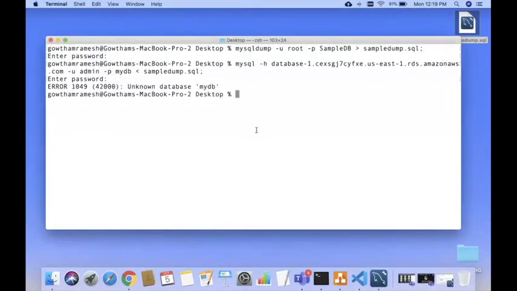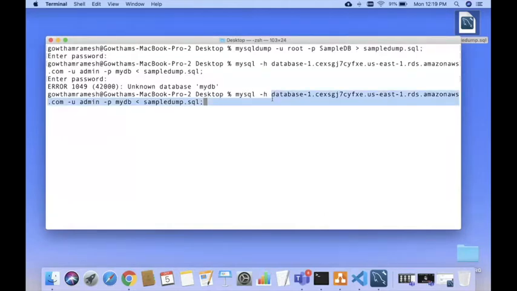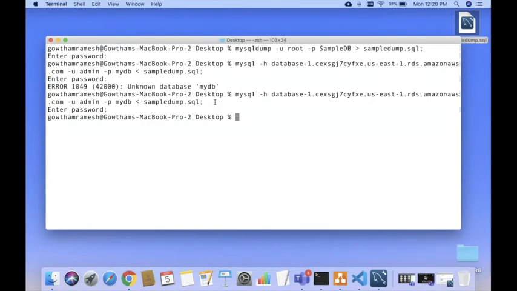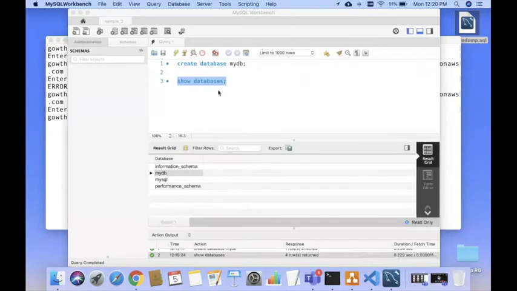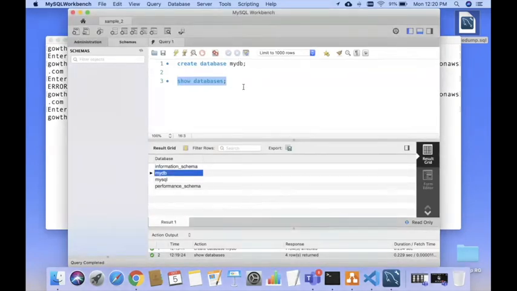Now you can execute the same command again: MySQL hyphen h, the host name where you're supposed to specify the endpoint name, username, password, and the database where you wanted to replicate, and the dump file name in the local system. Okay, it is a success. Now you can go back to the database. Now this is the environment. It is connected to AWS RDS already, and you can say use MyDB.